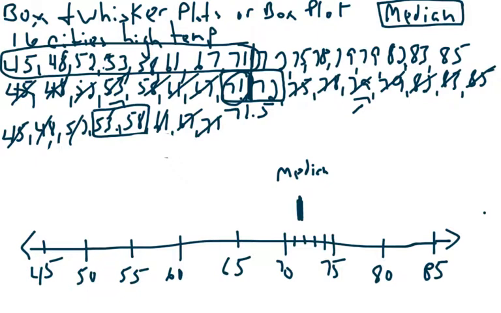And my median of the lower half is called 52.5. So I'm going to go down here, 51, 52, 53, 54. 52.5 is halfway in between 52 and 53. So I draw a line right there. This is called the lower quartile. You may know what quartile means, or what the prefix Q-U-A-R-T means: 4, because we're going to break this into 4 parts. So this is called the lower quartile,